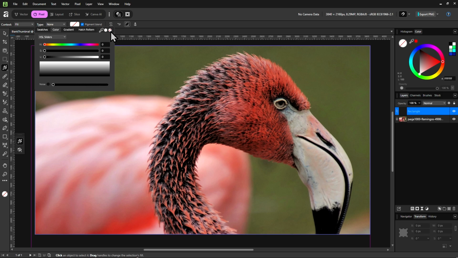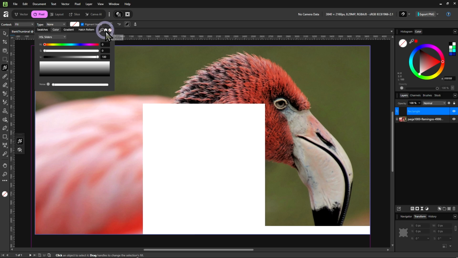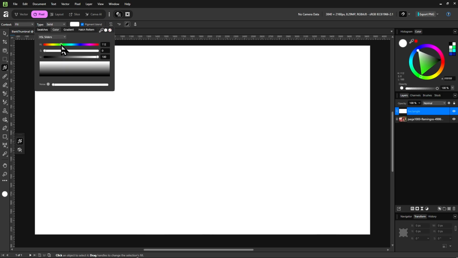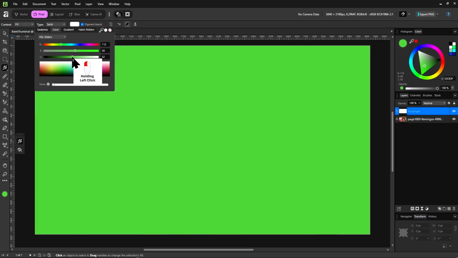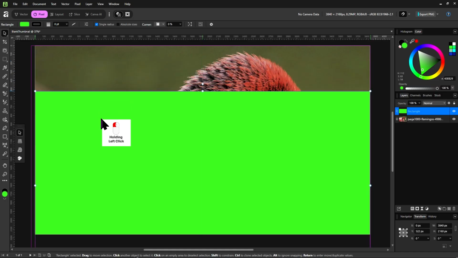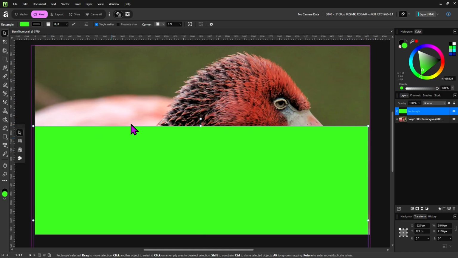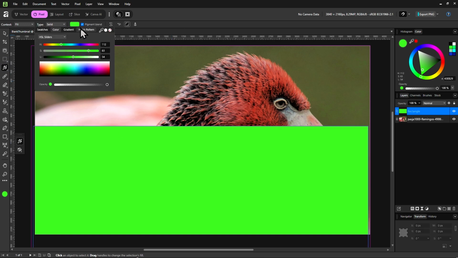Well, that's definitely not what I want, so I'll start with white, then just play around with the sliders until I get that green color again. Or just somewhere close to it. And this color picker is for picking any colors that you see in the canvas. I am going to show you that by dragging the object a bit below, go back into the fill tool, and then just picking maybe the red of this animal here.